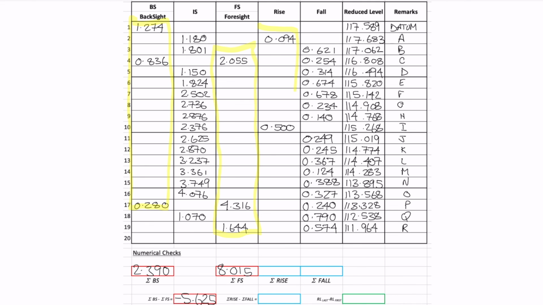Next, we add up all the rise values we have. That gives us a total of 0.594. We add up the total of all the fall values that we've calculated. That gives us a total of 6.219. The total of the rises minus the total of the falls gives us minus